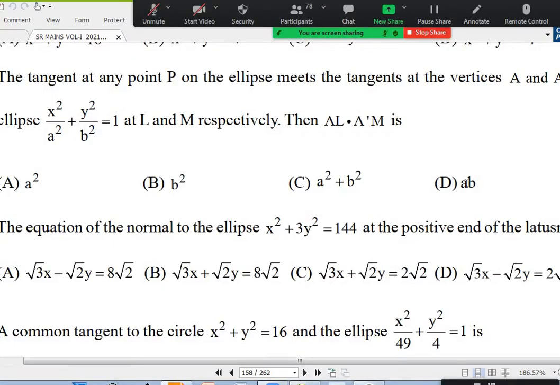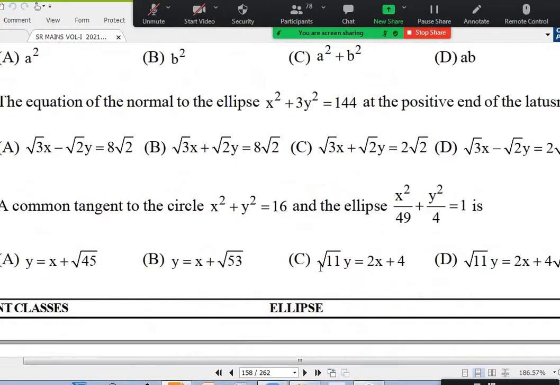Okay, that is 66. Any doubt about 67? Sir, I'm getting different answers. Sir, 3x minus root 6y equals 8 root 6. Why don't you divide by root 3 all over? The 3 of 3x, you write root 3 whole square. Root 6 you write root 2 into root 3. Cancel root 3. You'll get option B. Okay, sir.